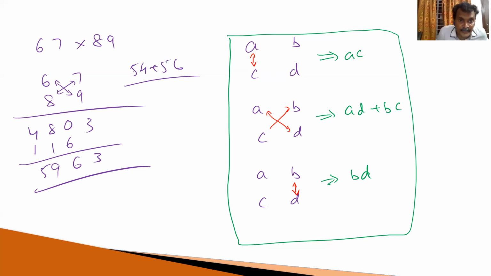What is the other way? 54 plus 50, 104, plus 6, that is equal to 110. Don't write it down like this: 54, 56, 4 plus 6 equals 10, 0, and carry 1, 1 plus 6... 1 plus 5 is 6, 6 plus 5 equals 11. Don't do like that. It's a very smart technique. 54 plus 50, 104, plus 6, 110. That's it. Or 54 plus 6, 60, 60 plus 50, 110. That's it.